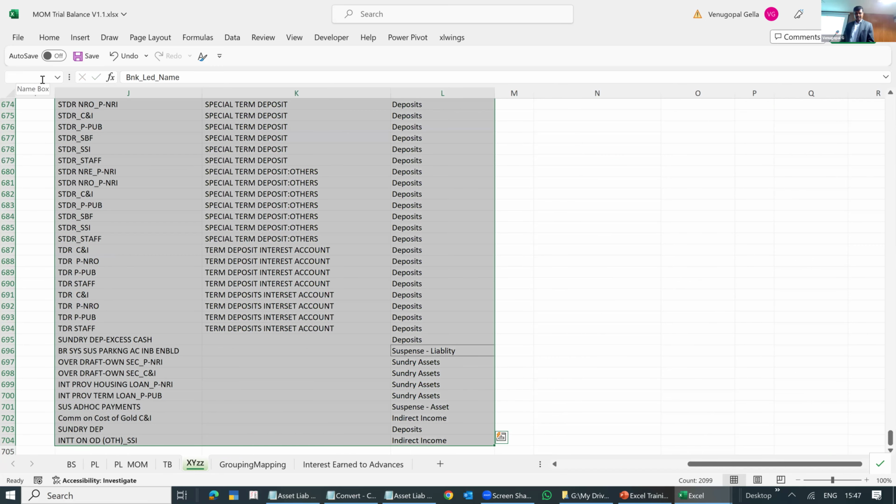I am just saying the whole of this data I have selected. On the right side of here, I am saying TB map to GL.